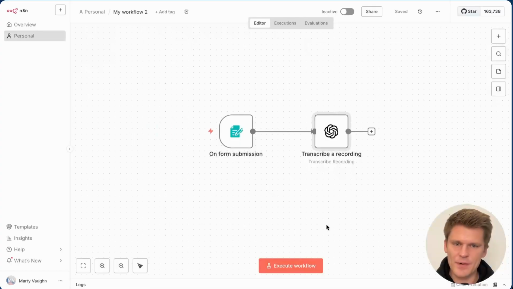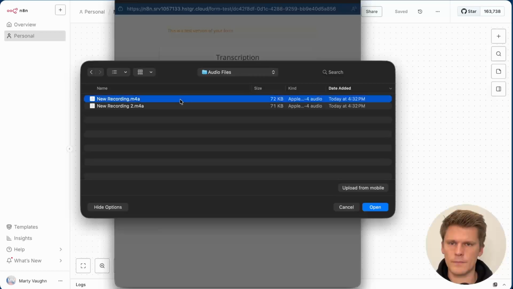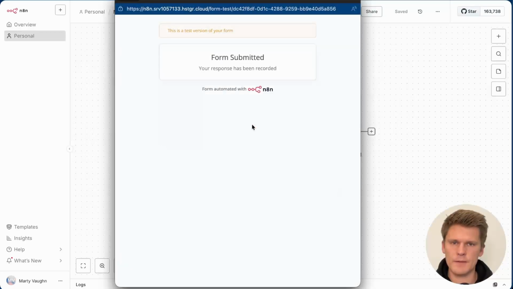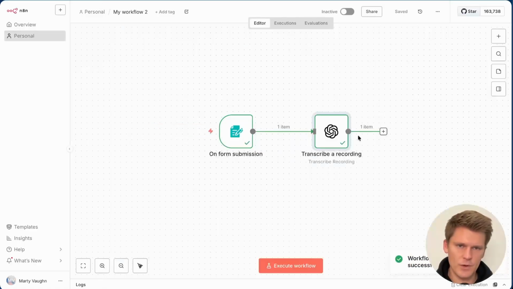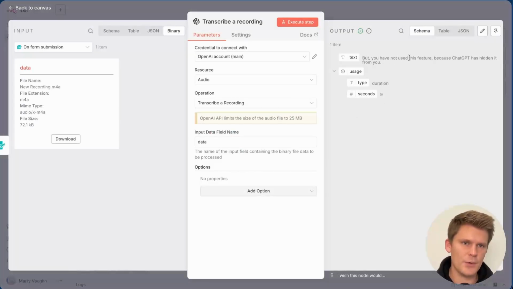Let's test it out by pressing Execute Workflow, choose a file, open it up, press Submit, X out, and it says that it worked. Go to the ChatGPT node, and you'll see, but you have not used this feature because ChatGPT has hidden it